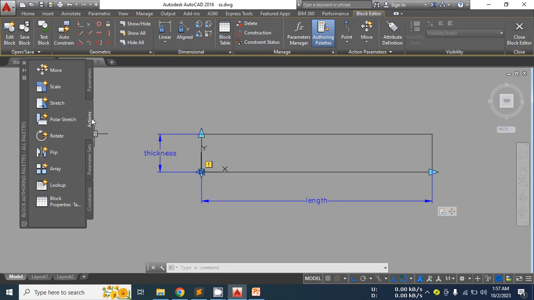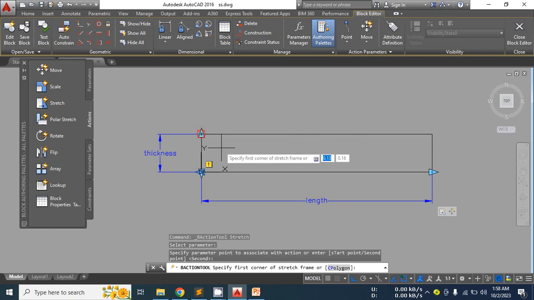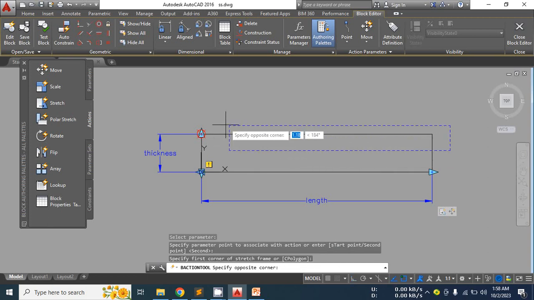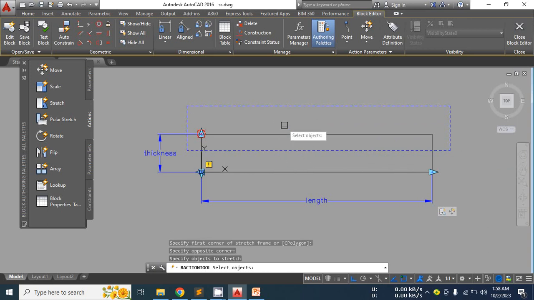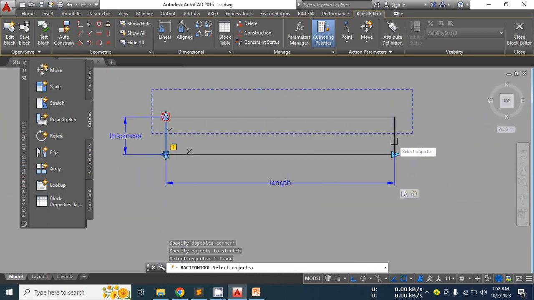You can check them in here, but I will finalize and finally check everything if it's okay. Now the another action here, this thickness. So stretch action, select parameter, select point, and specify the frame. So to specify the frame will be this way. Okay, so now I want to stretch this line and this line here. Select object and hit enter. Again, this line will stay,